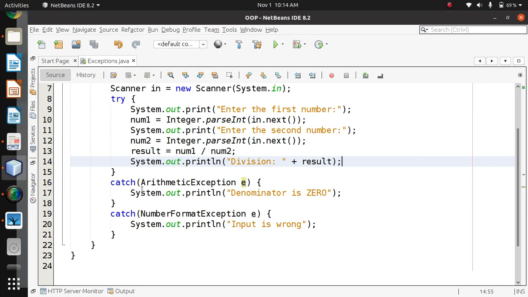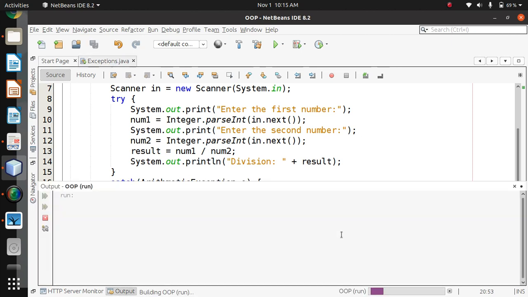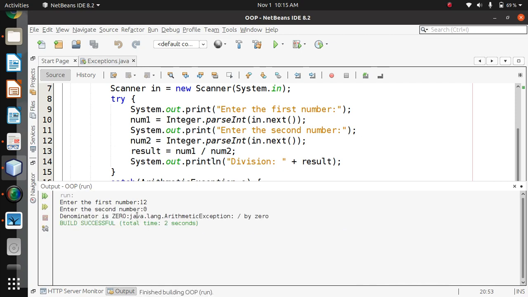One more thing, I'll just show you. To display the exception, I can write the message and then e. Here also plus e. What message is printed, that I will be printing after my own message, and then the e object I am printing as it is on the screen. So 12 divided by 0. See that message is given here, denominator 0, and this exception is raised: java.lang.ArithmeticException: / by zero.